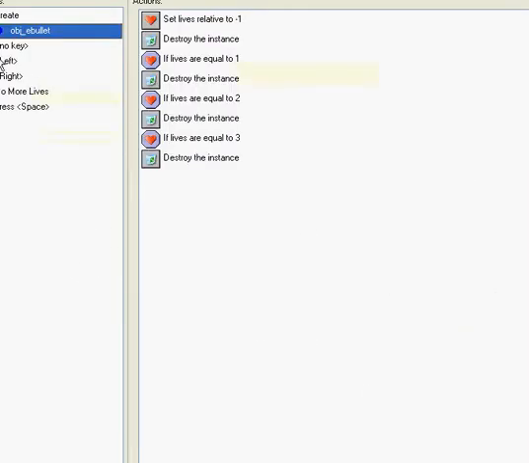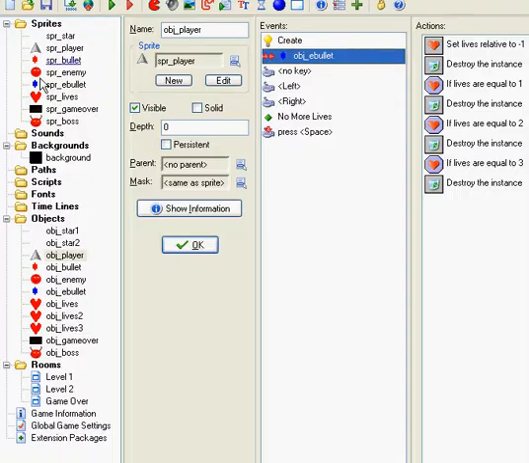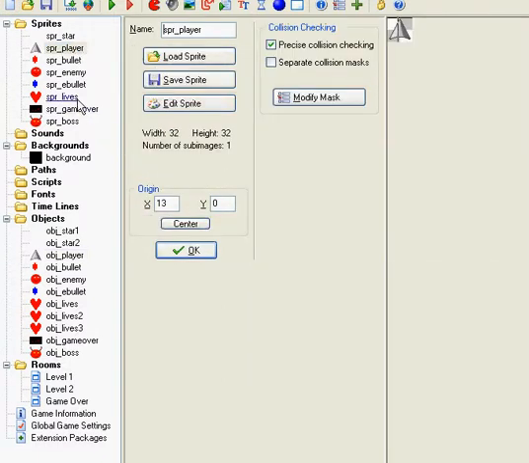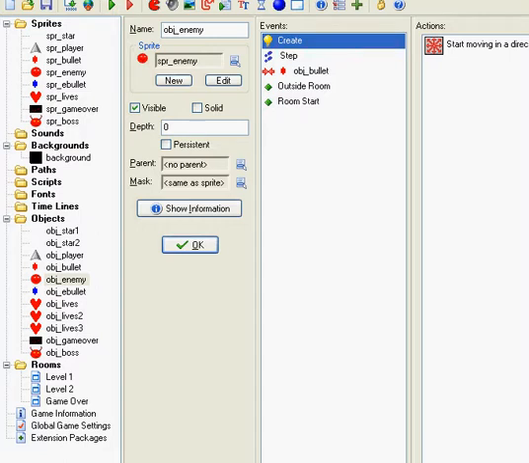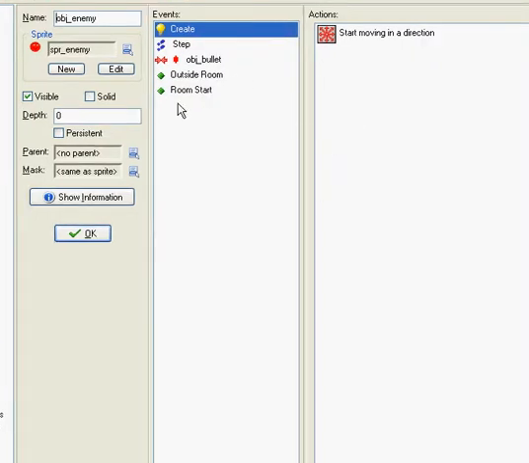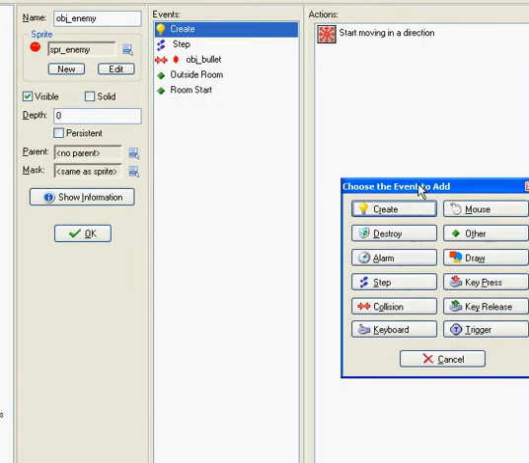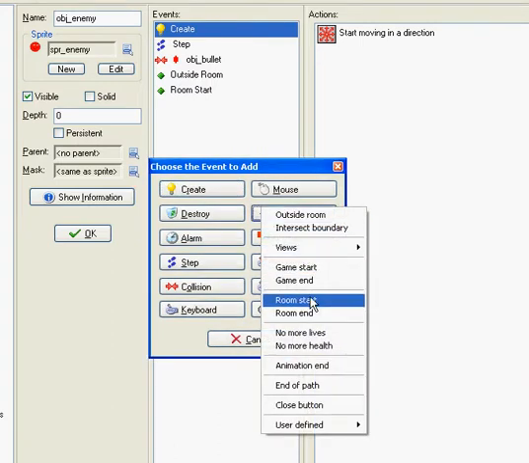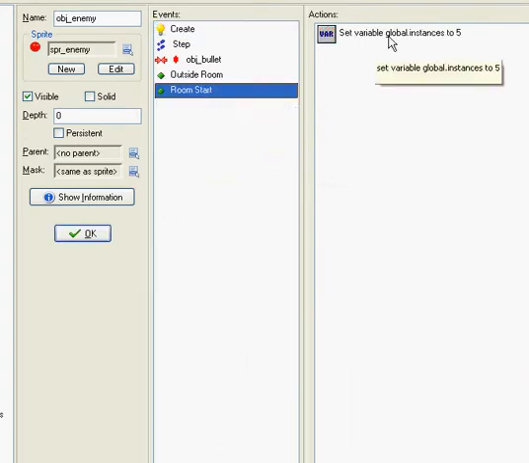Alright, and the way I made this boss, let me show you how I made it so after you kill the enemies, you go to the next level. What you do is, we're gonna get into variables, and those are pretty important actually. So, what I did, you go add event, other, room start, and in this, you're gonna add a